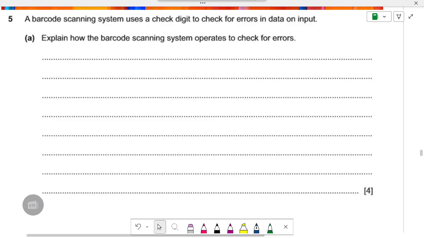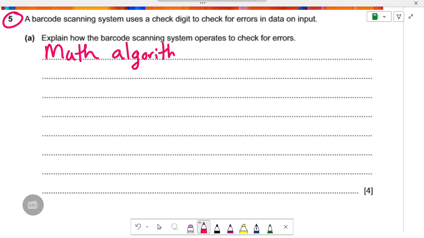Yuna, can you read question number 5? So how does this idea work? What do we do? It uses a math algorithm. You don't need to copy it. You just look at it, okay? It's a math algorithm. Do you know what an algorithm is? It's the idea, right? It's a math algorithm that